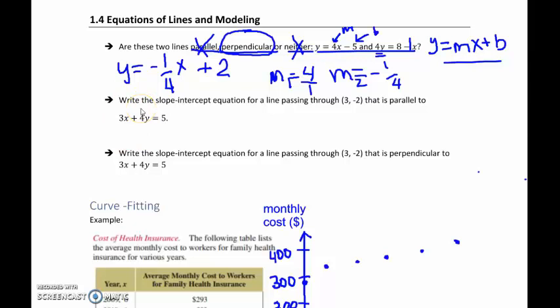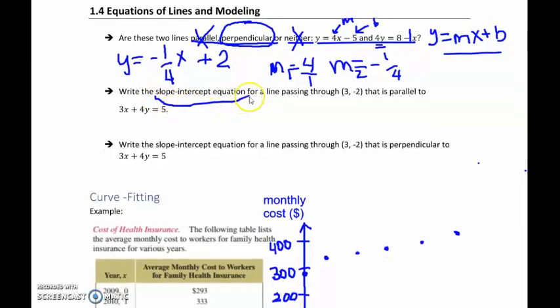Okay, so going back here to the second problem at the top of the second page of your notes, write the slope-intercept equation. So right there we know that what we're looking for is a slope-intercept equation. So our answer needs to be in the form of y equals mx plus b. Right here, this is slope-intercept. So what are we given? We're given that the line that we're looking for goes through this point, 3, -2, and it is parallel to